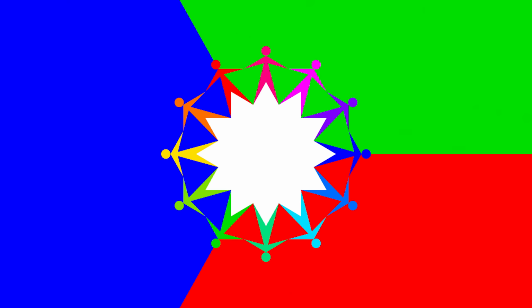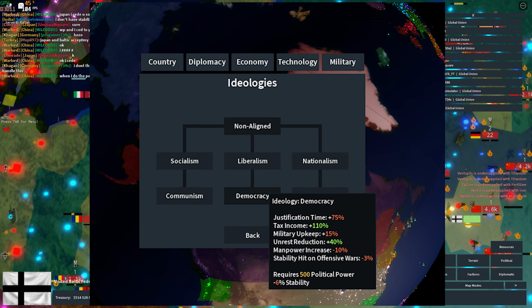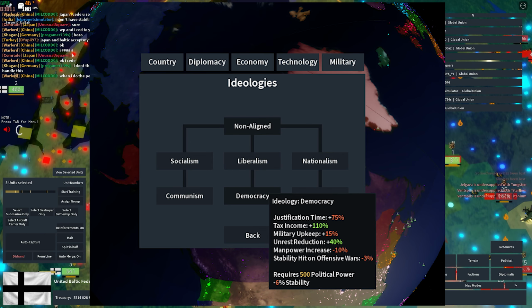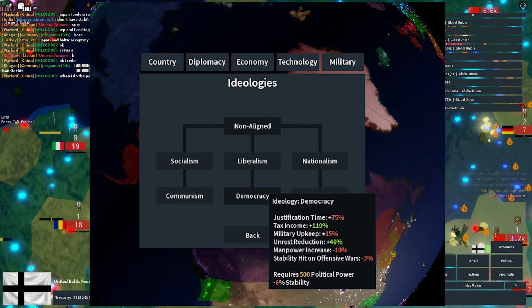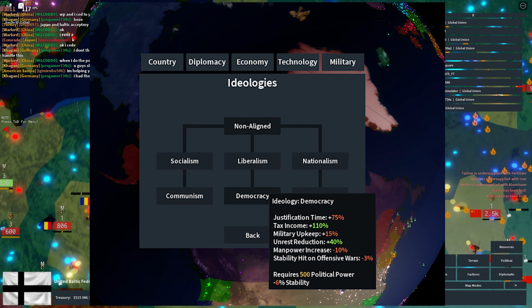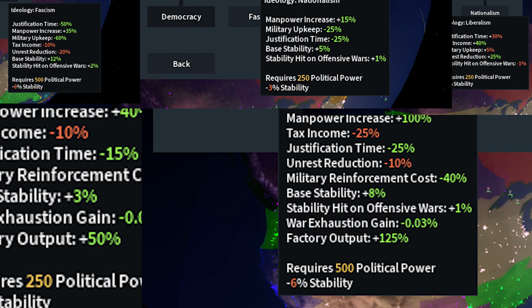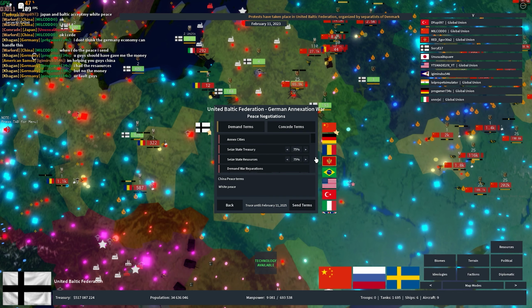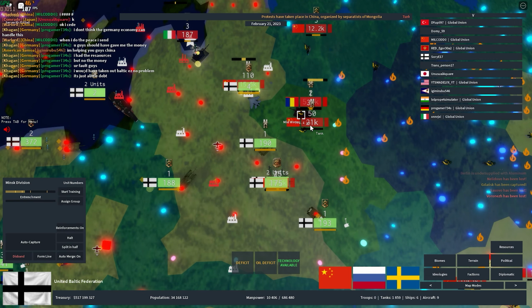So democracy gives you a huge percentage increase in tax income of 110%. It also gives you a reduction of 40%, but then you have a lot of downgrades on that ideology compared to every other one, which has way fewer downgrades. For example, every other ideology has more positive things than democracy, except liberalism, because democracy is probably one of the only ones which, along with liberalism, gives that many downgrades, but not that many